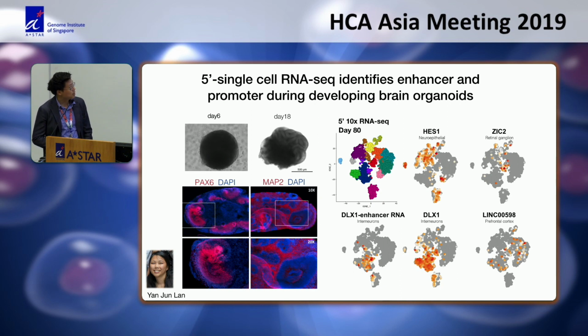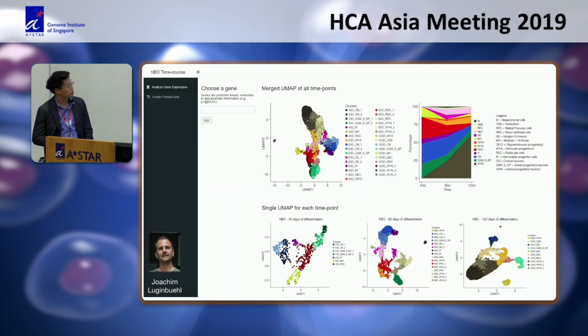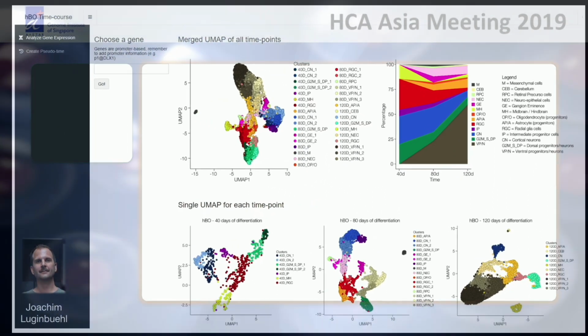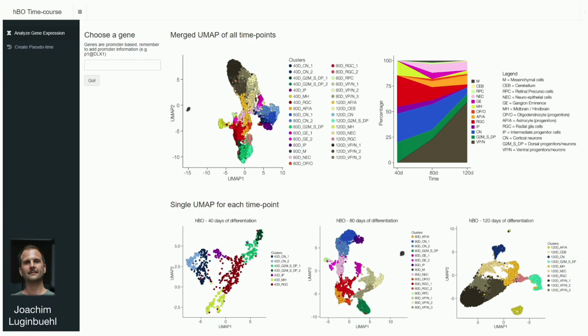So I asked a student of mine and also the postdoc who helped with this to help me analyze and visualize this in a more comprehensive manner. I kept asking him, can you do this and that? And he got frustrated at me, and basically he wrote a Shiny app. Basically you can just upload the data and select any clusters you want, and it will make a pseudotime for you. And it's really based on Monocle 3, and kind of going back to the earlier discussion with Jonah,